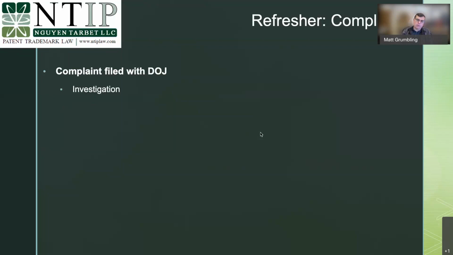The Department of Justice will then decide whether or not to investigate. They may look at your complaint, and they may come back with more questions. They may ask for a few more details, and if you answer, and it looks like this is a significant enough violation, or if the facts that you've alleged seem to be in line with the protections offered by the ADA, then they will decide, one way or the other, whether to investigate.